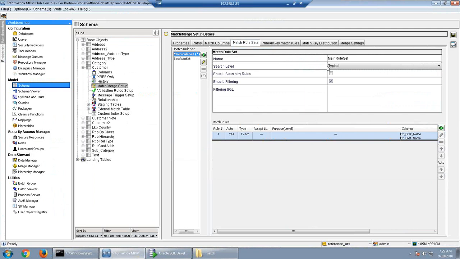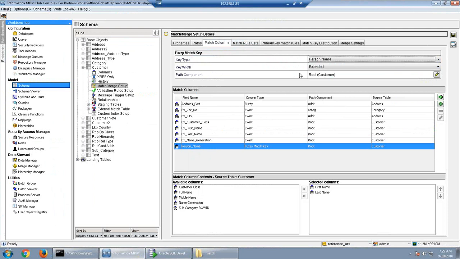It will take a limited number of start keys and end keys, and based on that it will try to match the data. So first we'll try based on this only. If it is not matching with typical, we will make it exhaustive, and then we'll make it extreme. And if that is also not matching, then we will go to our match columns and select the option where key width has to be extended.